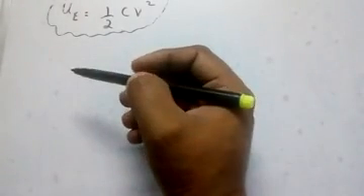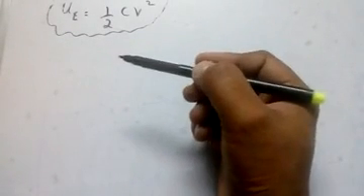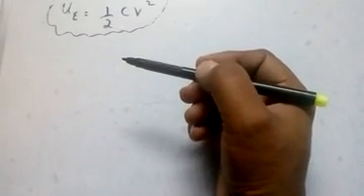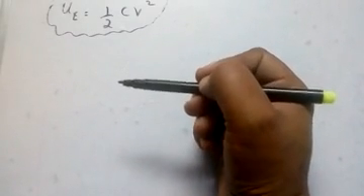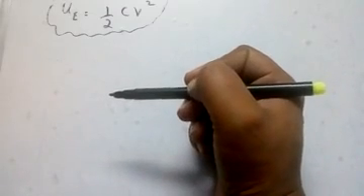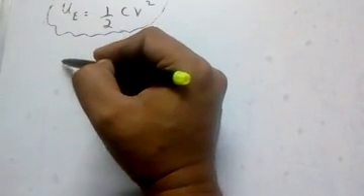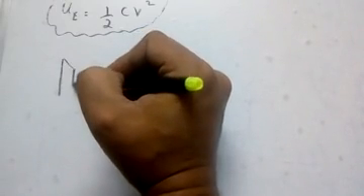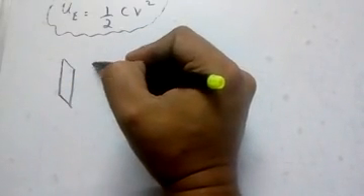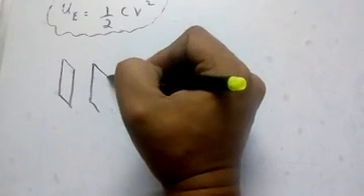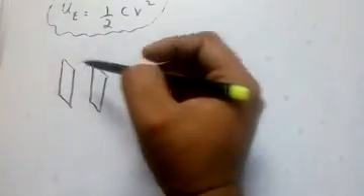But now let us see how to get it in physical dimensions. So we design a capacitor and we must see what is the energy stored. For that, we'll take a parallel plate capacitor. Draw a parallel plate capacitor again. This is a parallel plate capacitor. The area of the capacitor